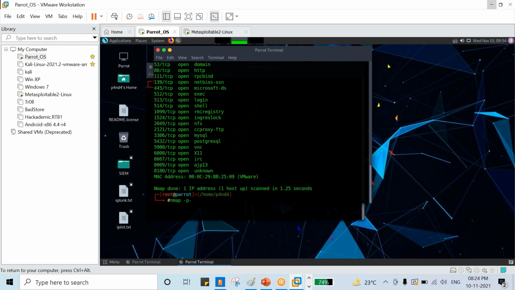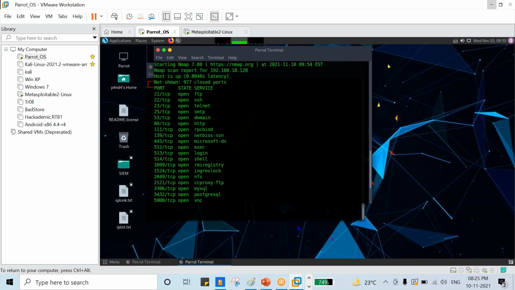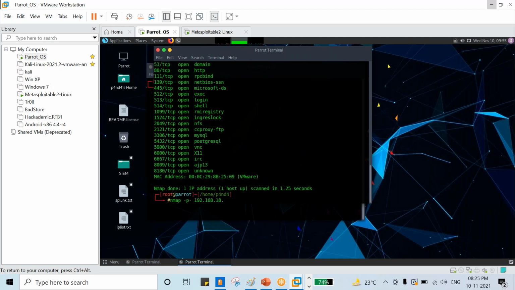If you give this command, it will scan all the 65,536 ports. nmap -p- and our target 192.168.18.128, right? If you do this scan, it will scan all the ports for us.